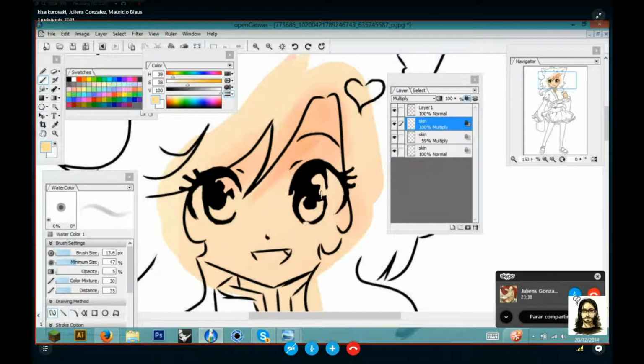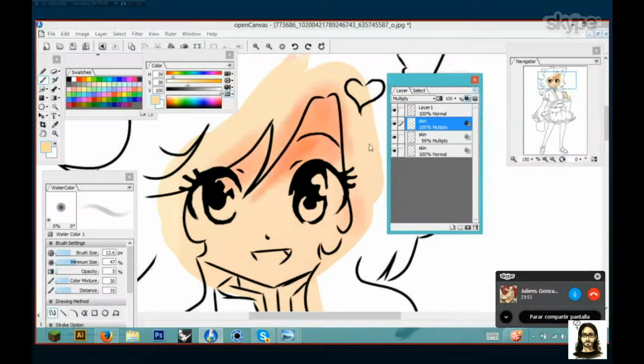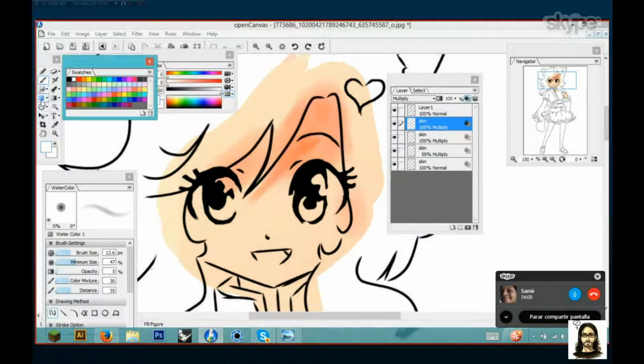If you like the way you shade it, but the color is not the one that you like, always use these filters to change it without changing the other base colors. So if you like this one, but you want to make another set of coloring, just remember to duplicate this one, make another multiply layer, turn it into complete white,